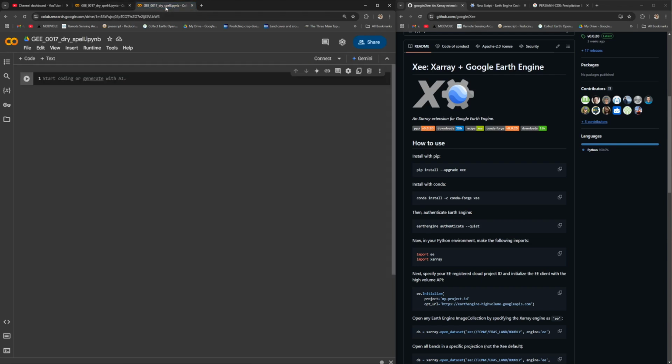Let's get started. Make a new notebook in Colab environment. This tutorial, same as the other tutorials, I'm going to use the Google Earth Engine platform and also the Python API. So in the first step, we need to call the necessary libraries to deal with Google Earth Engine in Colab. So start with import